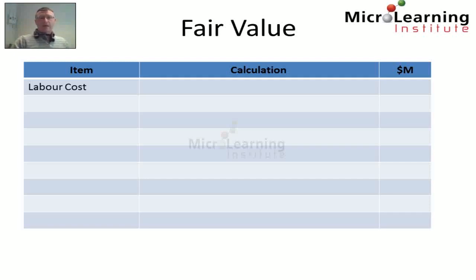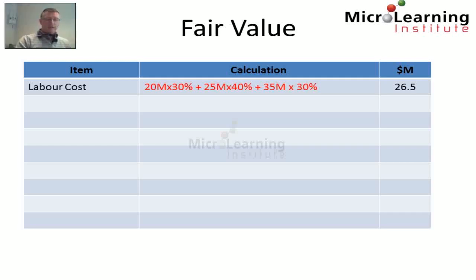likely obligation. Firstly, we're told that there's a 30% chance that the labour cost required for this dismantling operation would be 20 million. There's a 40% chance that the labour cost will be 25 million, and again there's a 30% chance that it could be 35 million. So overall, the expected value of the labour cost in 10 years' time is estimated at